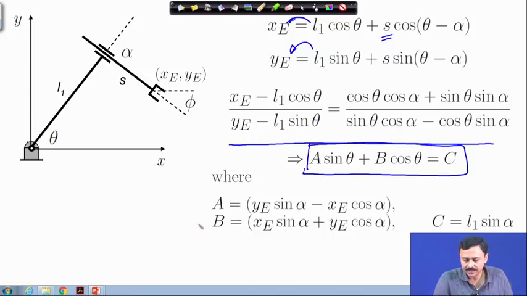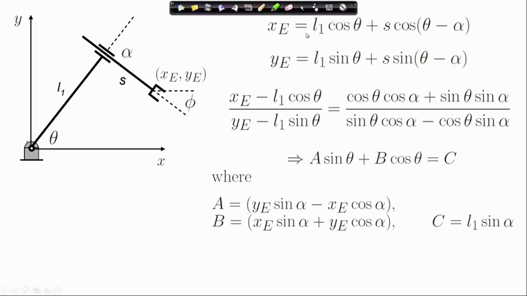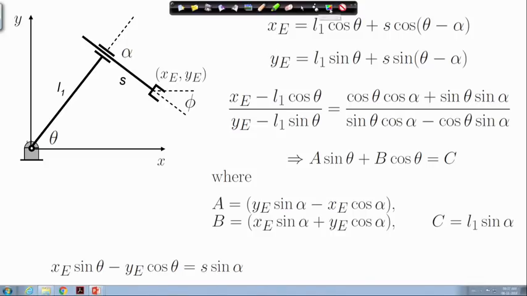Where a, b and c are known, since x e, y e these are given to us. Therefore, a, b and c are known, we have to solve for theta. Once we solve for theta, we need to find out s. To do that,